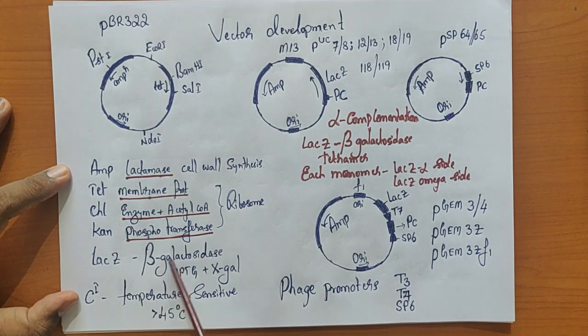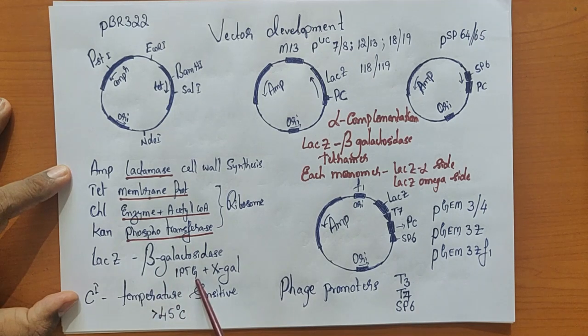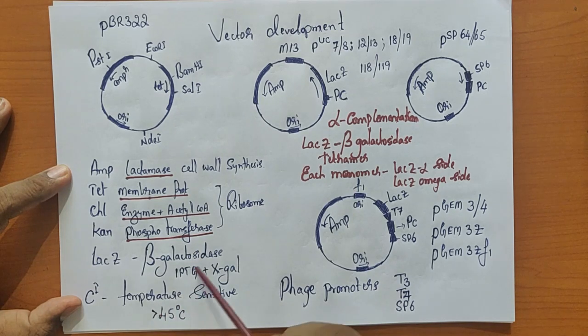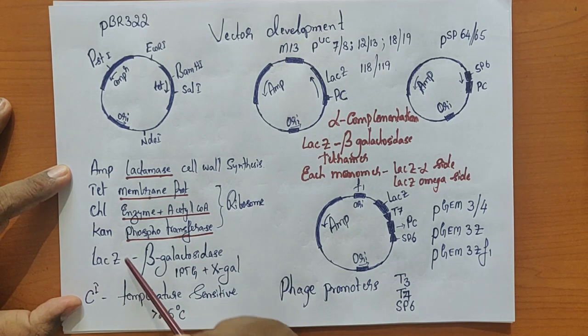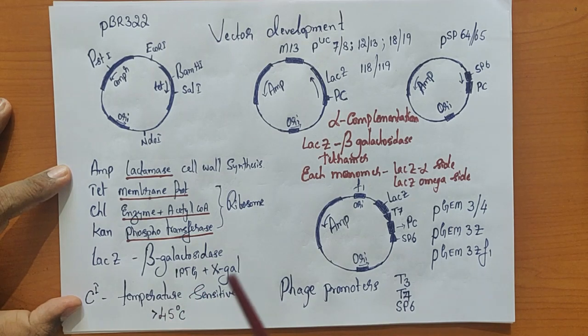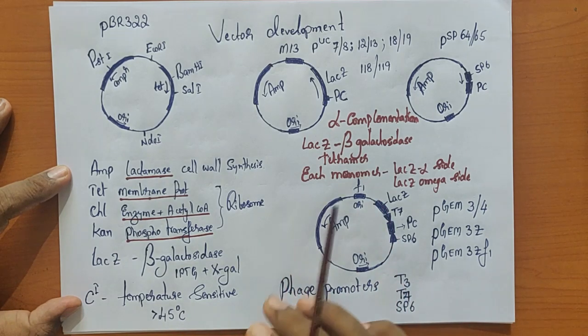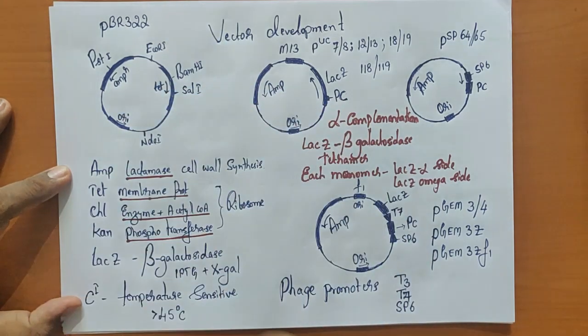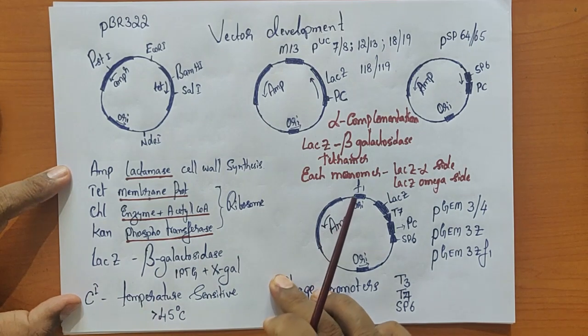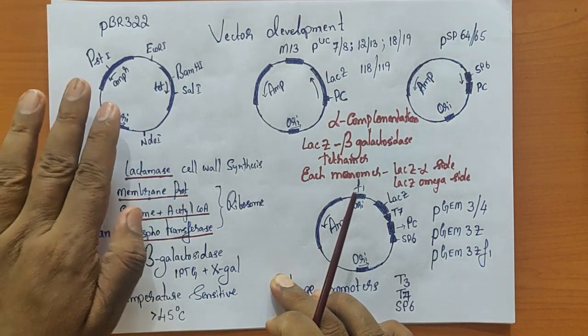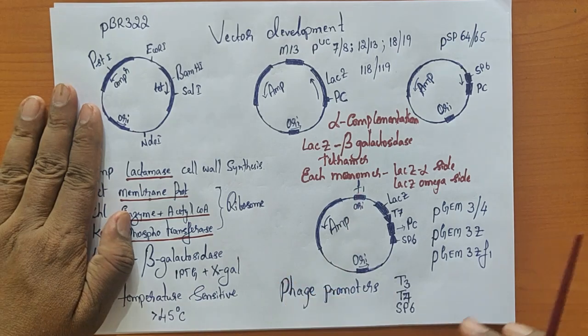in case of a LAG-Z DNA we have to add an inducer. In case of C1 repressor gene, we don't have to add anything, all we have to do is change the incubation temperature. So the promoter usage is very important. So an expression vector having very controlled promoters is the right expression vector. This is the most important thing which I wanted to convey with respect to the expression vector.